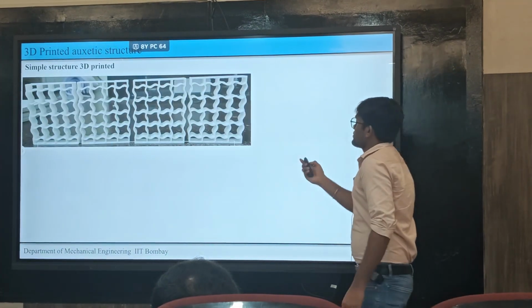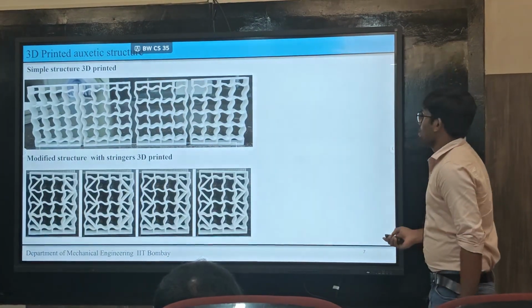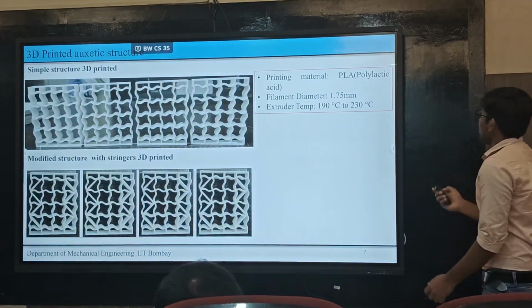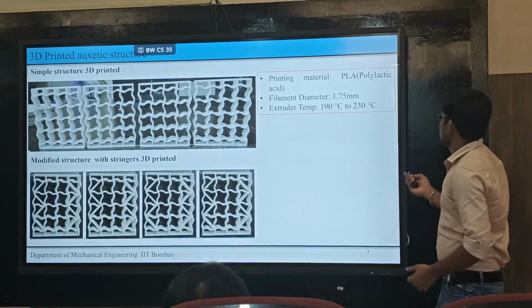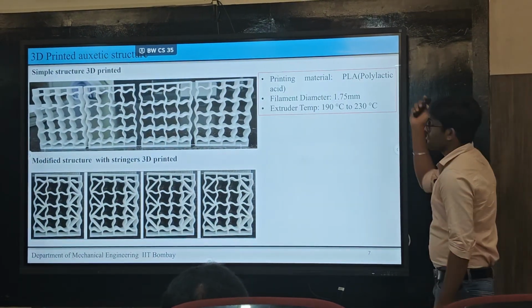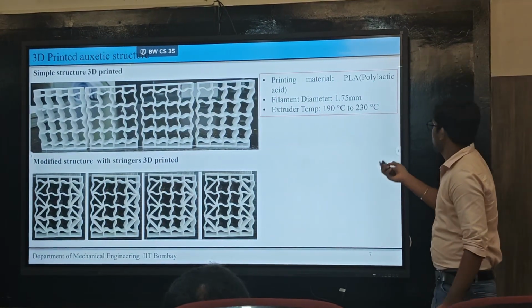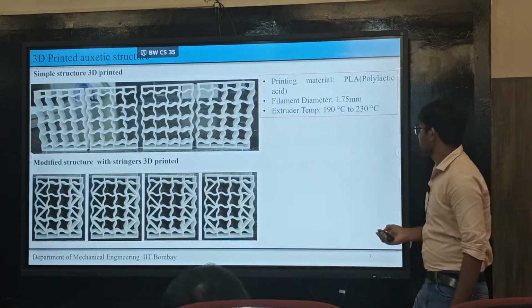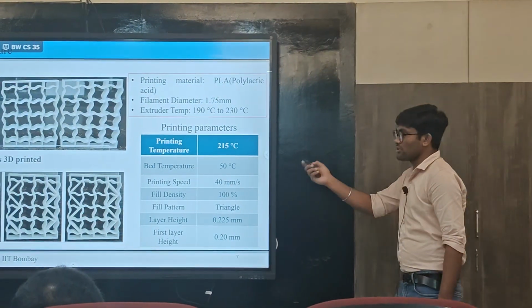So this is the structure, which is 3D printed, like a triple element method. The printing material is PLA, polylactic acid, and the filament diameter is kept at the standard 1.75 mm. The extruder temperature for PLA is between 190 and 230. These are the printing parameters which have been used for this